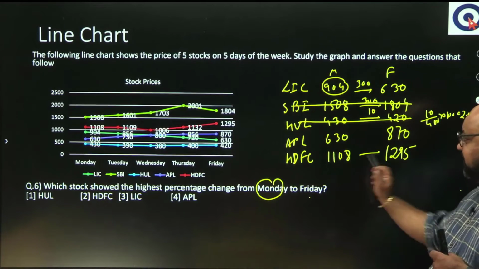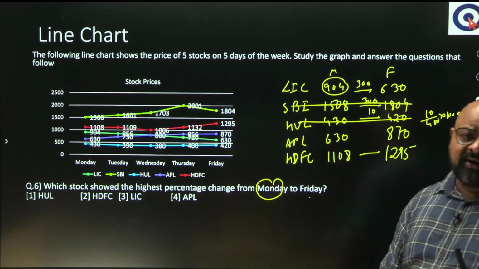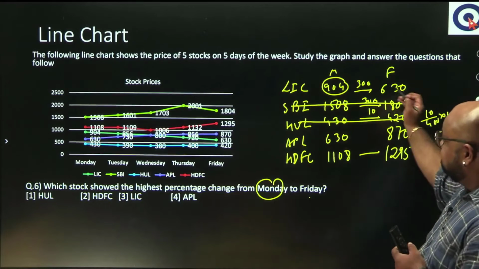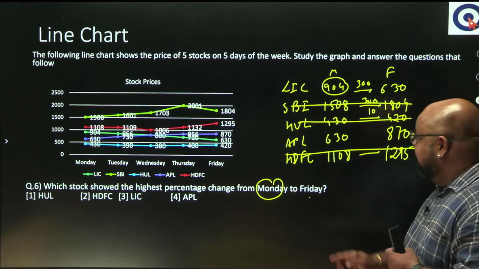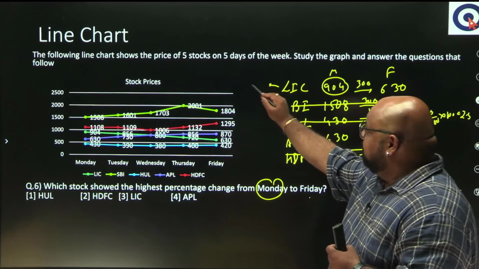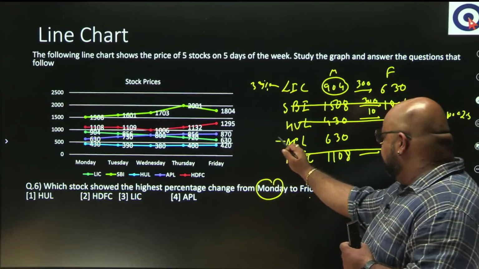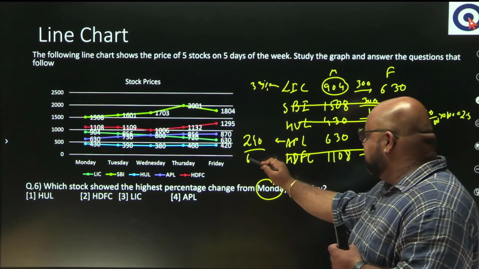Here the change is about 200 on a base of 1100. 200 upon 1100 will be closer to 20, actually 18%, which will be less than LIC as well. So this goes off too. Finally, I am left with APL. So here the change is approximately 33%. For APL, if I look at it, the change is 240 on a base of 630